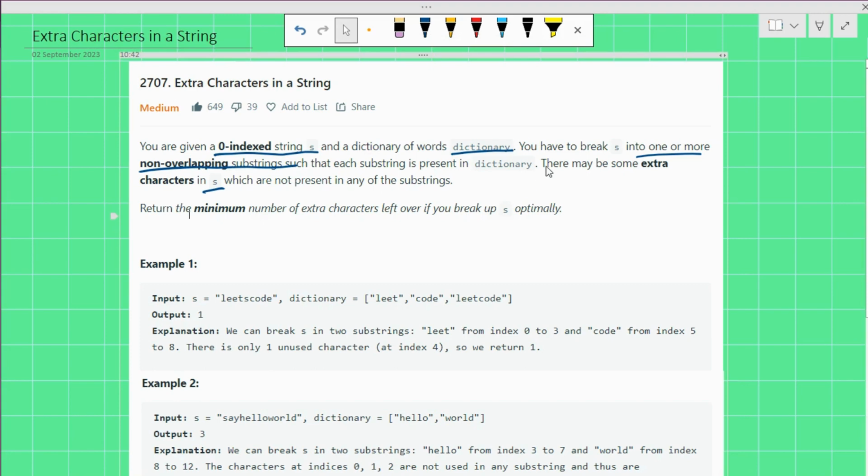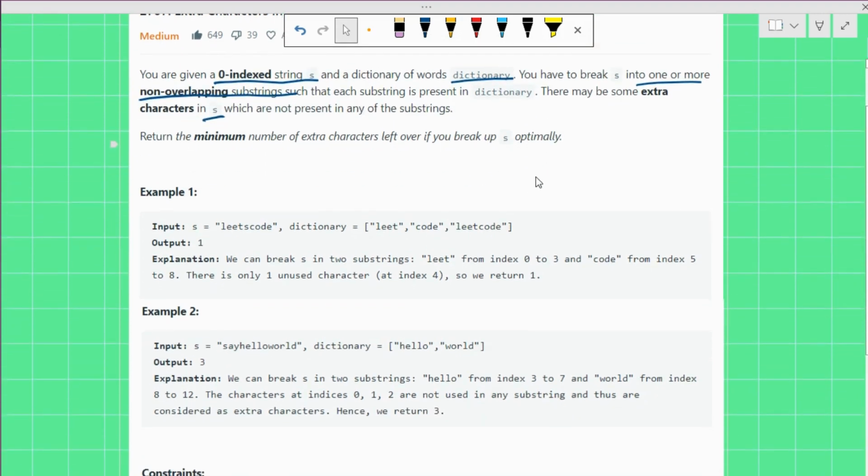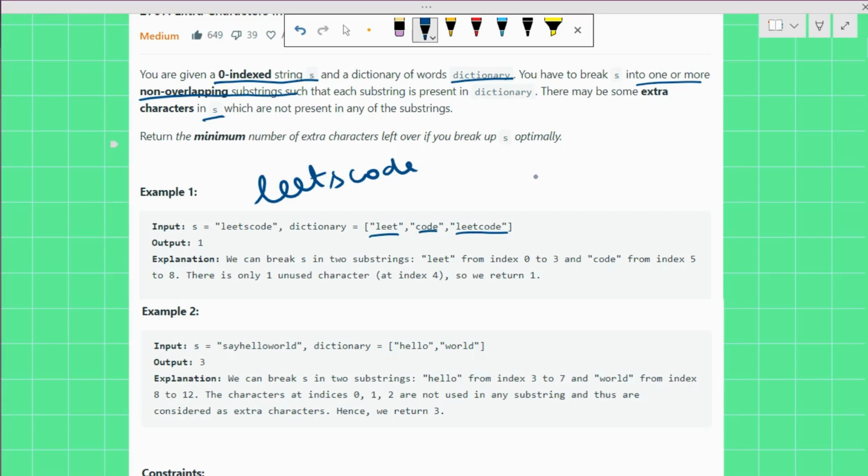So let's look at an example to understand it more clearly. In example number 1, we have string S as leetscode, and we have a dictionary which has the words leet, code and leetcode. So we can only break S without overlapping. Here, non-overlapping means we can break from anywhere,